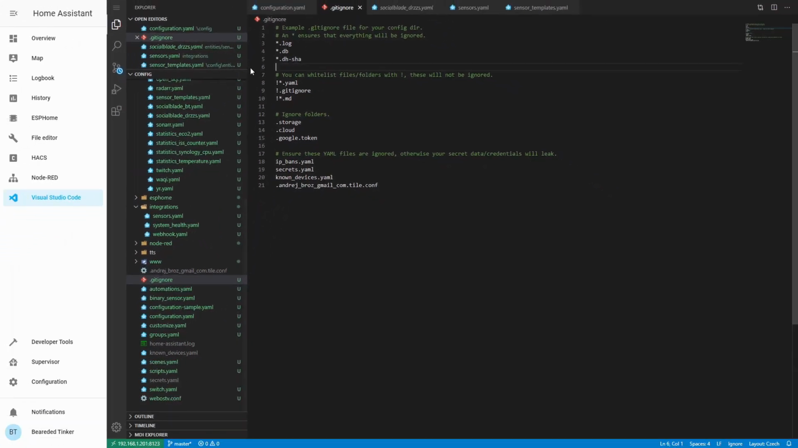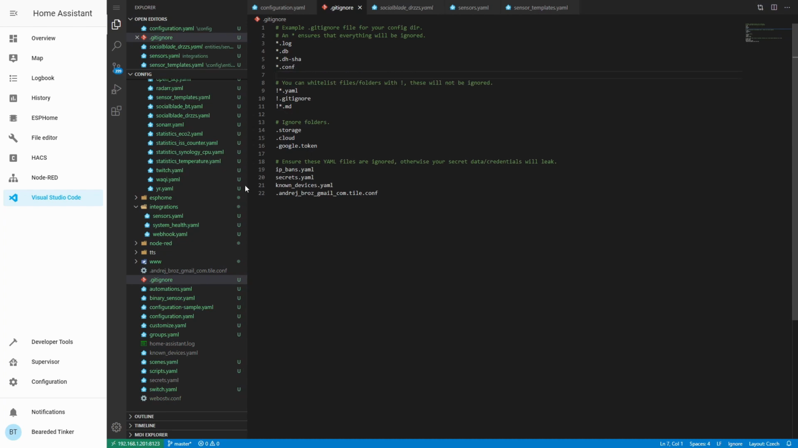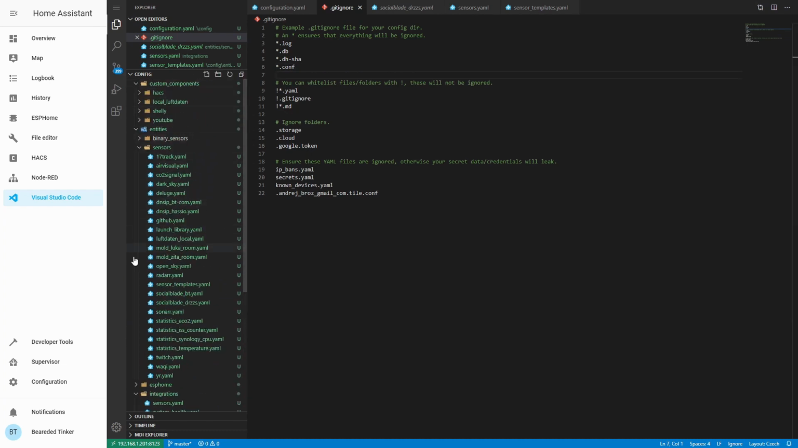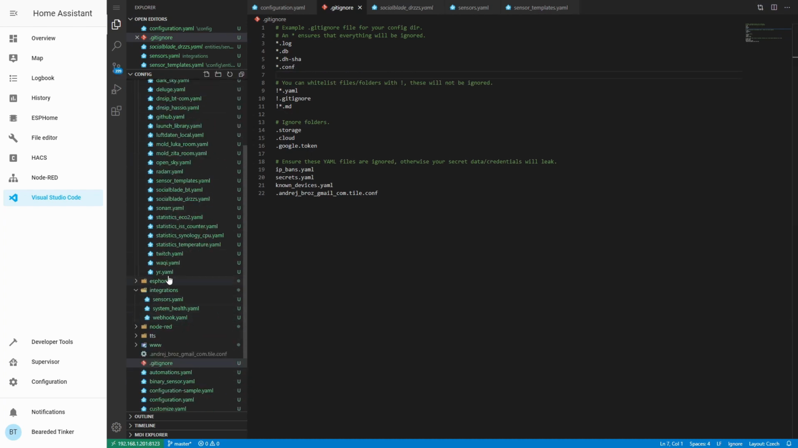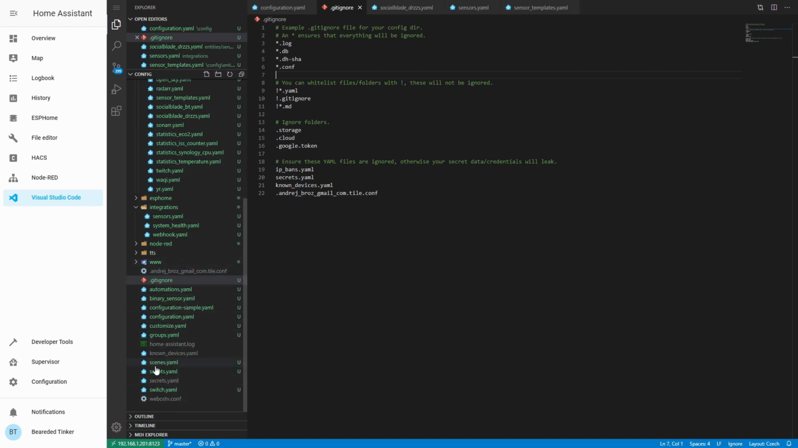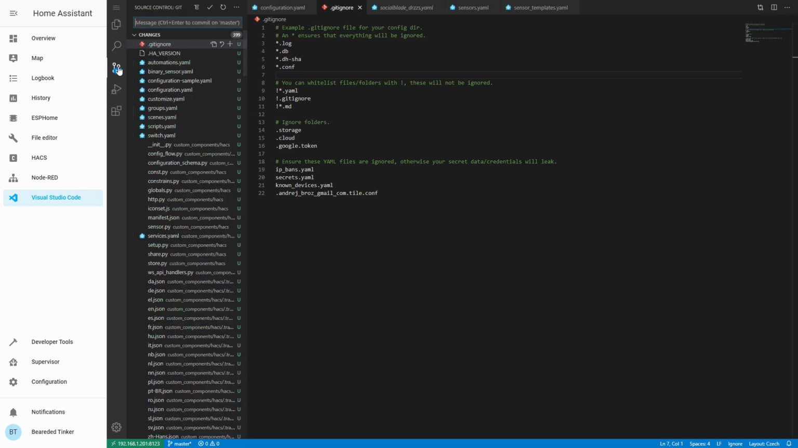And since we now listed only files that we do not want listed here, let's also add wildcard.conf. At this point, as you can see, all the other files are visible. So all the green files will be added. Let's go back to source control and check if there is anything here that we do not want to be